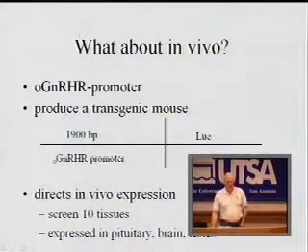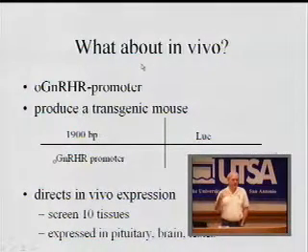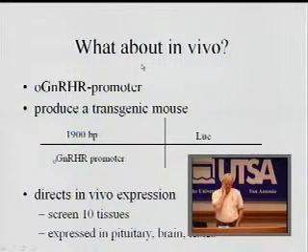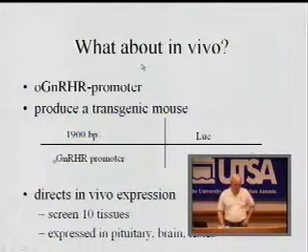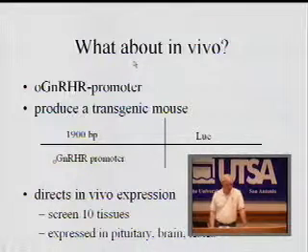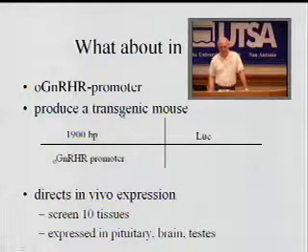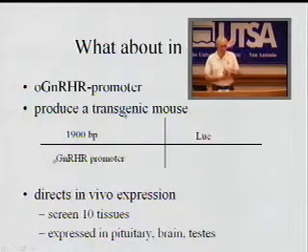Well, then we ask, what about in vivo? So great, you've got this permanent cell line that expresses the GnRH receptor, and it works there. The next level is whether or not this promoter behaves the same way in vivo. So in this particular study, the ovine GnRH receptor promoter was used to produce a transgenic mouse. Then you've got a whole animal to study the promoter behavior